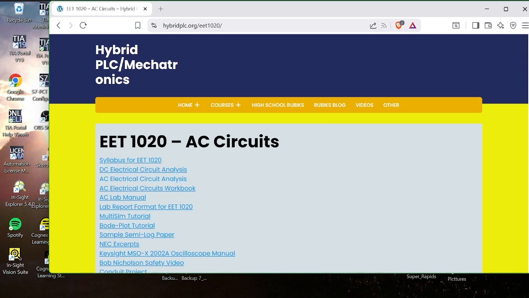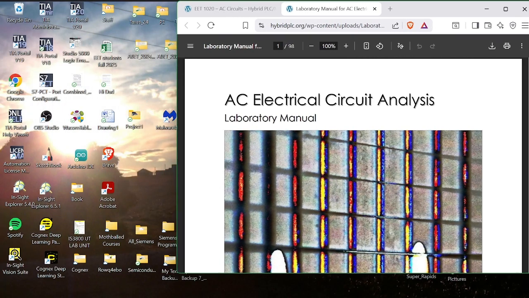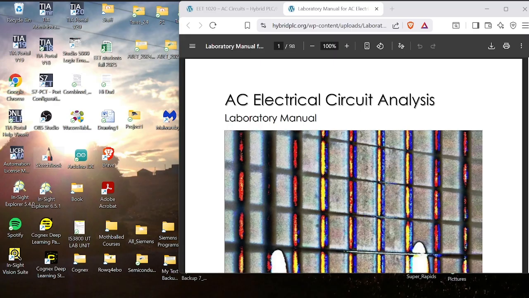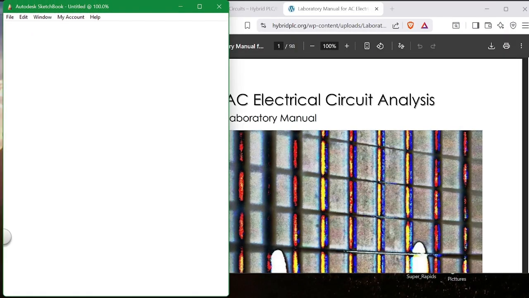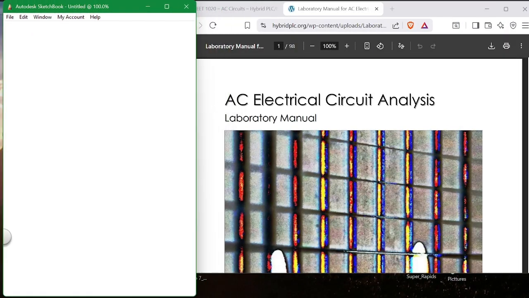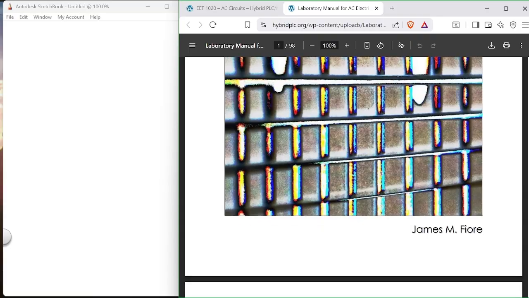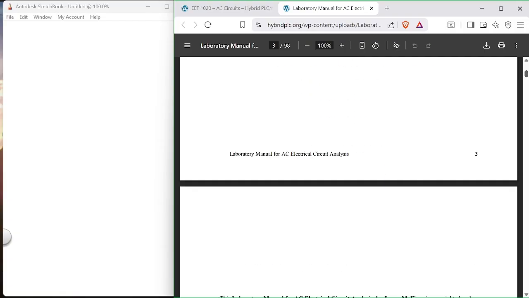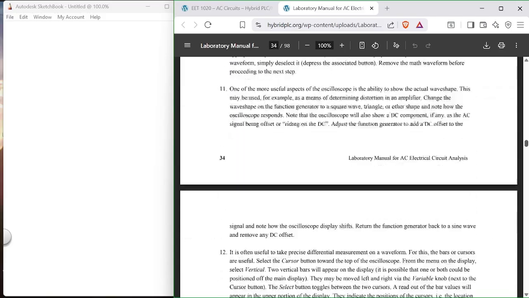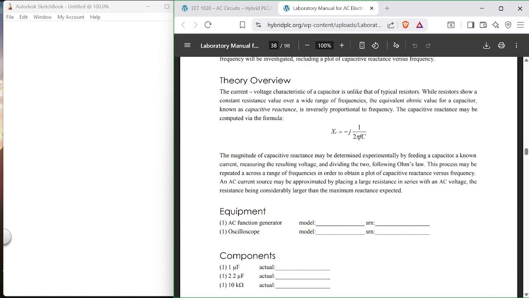So in your lab book, lab number 4, capacitive reactance. So what does it tell you to do here in this lab? So you make the